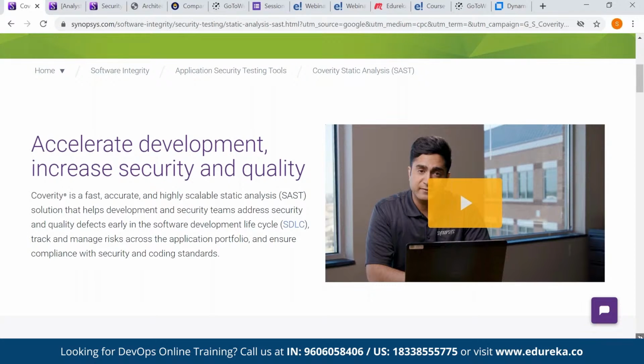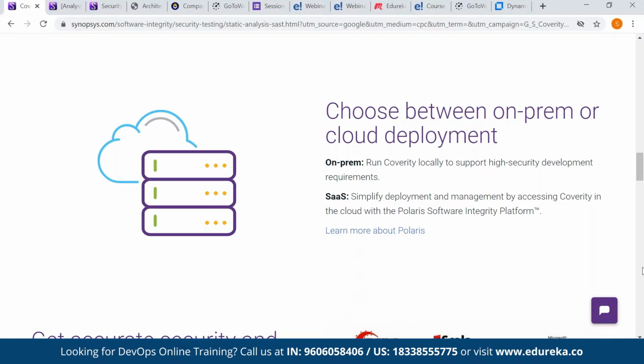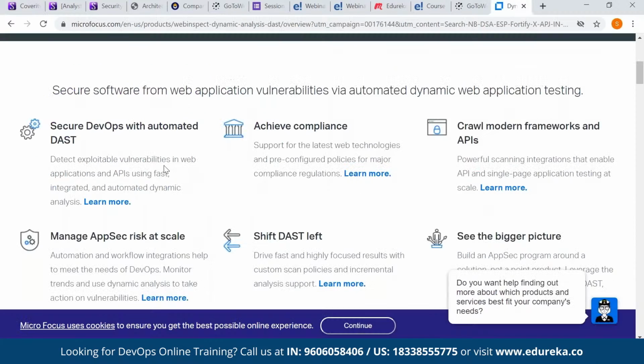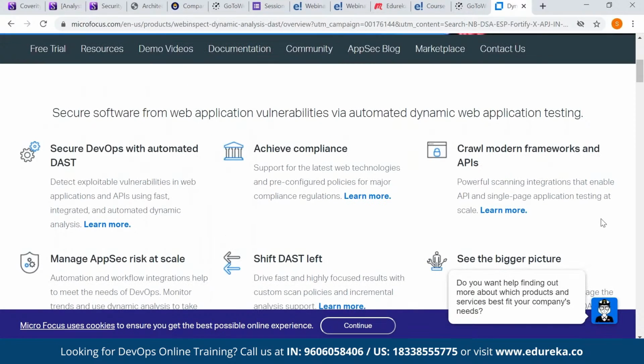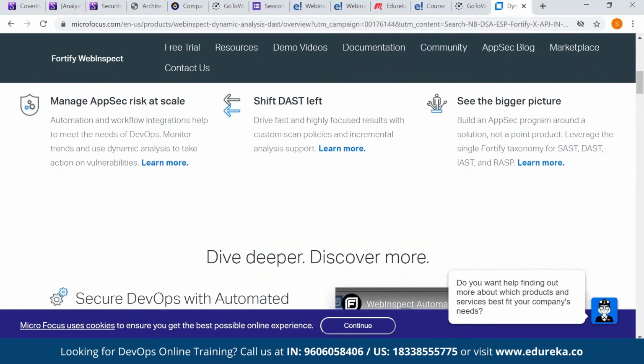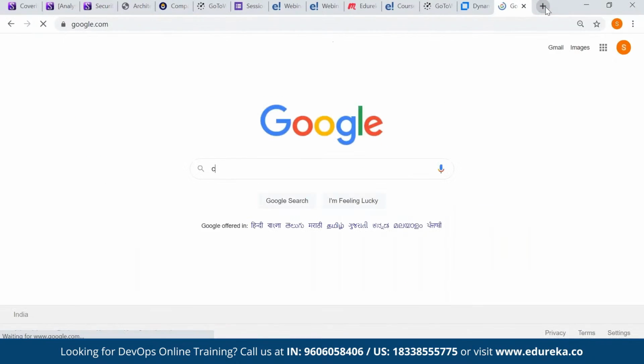What it does is, you can integrate this SAST tool with your DevOps pipelines, and then it will help you find all kinds of issues. Whether you are on-prem or on the cloud, your security analysis is done through this tool, but it covers your static components, not dynamic components. For your dynamic components you can go with a tool called HP Fortify, which is now known as Micro Focus Fortify. And if you want to compare SAST and DAST,